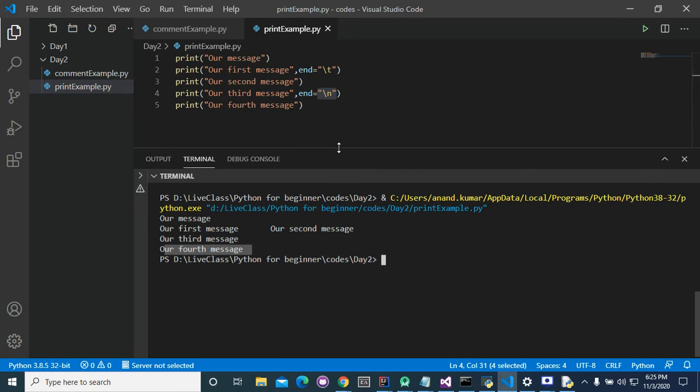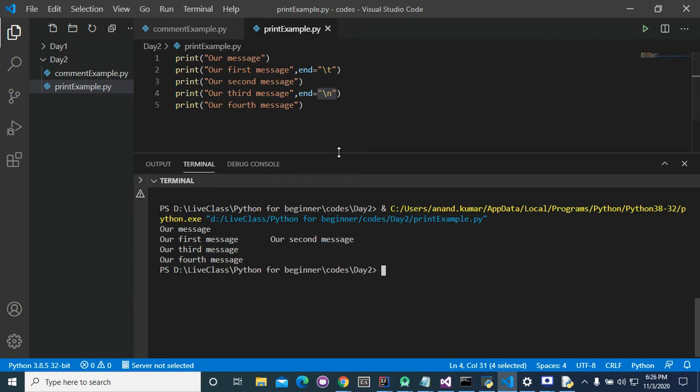Is it clear, everyone? Yeah, actually, I want to explain that writing this is equivalent to writing this.